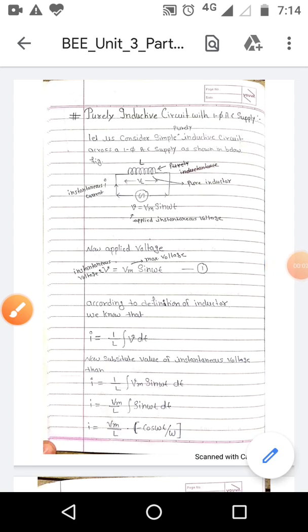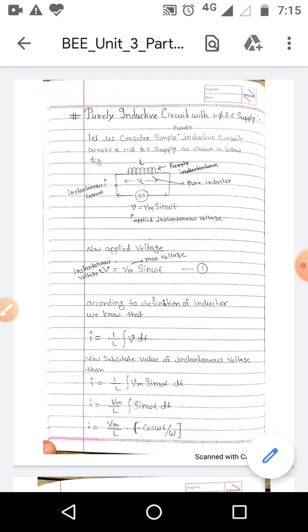Hello, dear students. After completion of the purely resistive circuit with single phase AC supply, now we will discuss the purely inductive circuit with single phase AC supply. Let us consider a simple, purely inductive circuit across a single phase AC supply, as shown